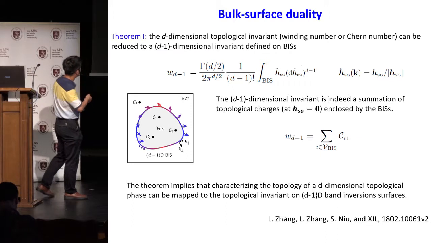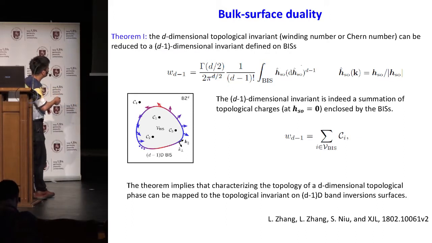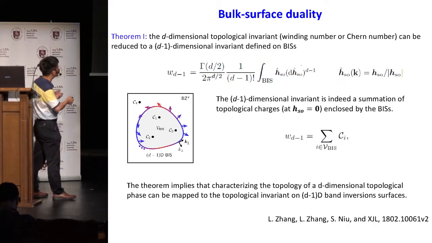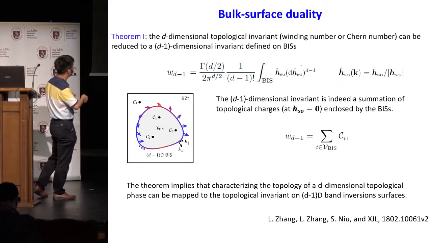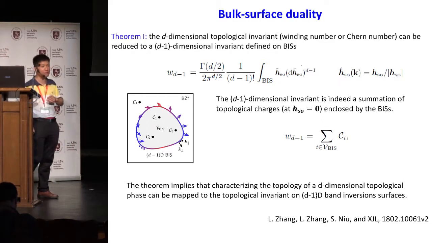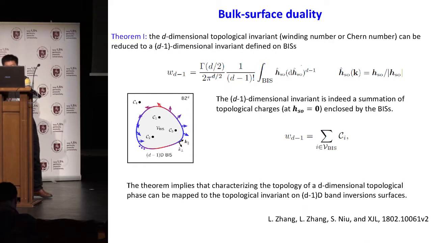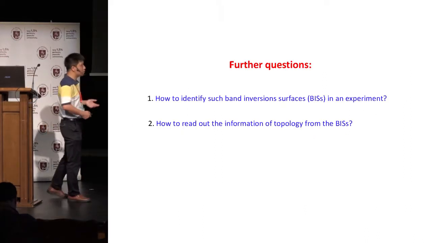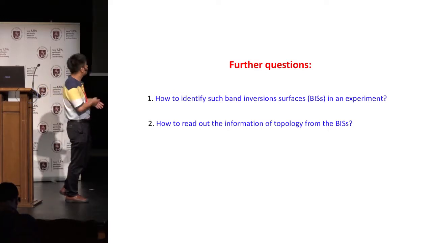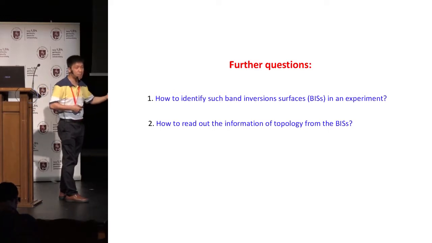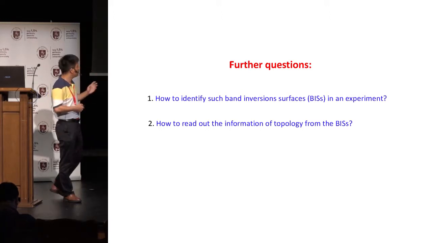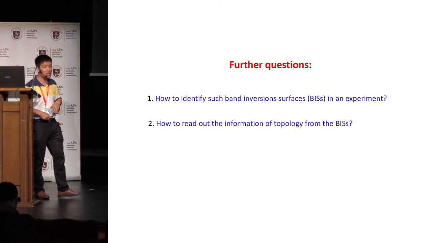This means that on the band inversion surface, you can have a non-zero winding for the spin field, and this non-zero winding of the spin field exactly characterizes the bulk topology of the original bulk. So far, all the results are quite mathematical, since you need to define the band inversion surface by specifying some axis of this H vector. And furthermore, you say, oh, you have the topology on the band inversion surface.